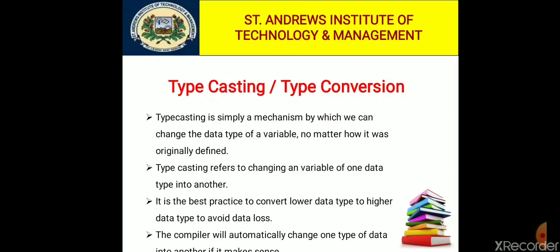Previously we discussed converting a lower data type to a higher data type to avoid data loss. Casting allows you to make this conversion explicit. In further slides we will discuss implicit and explicit conversion, or forcing it when it would not normally happen.